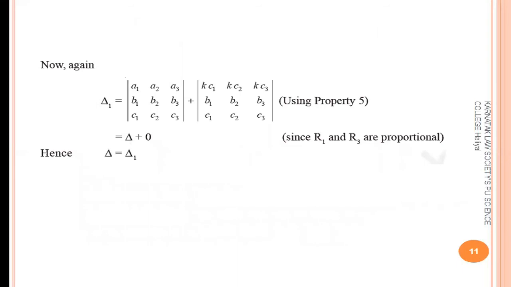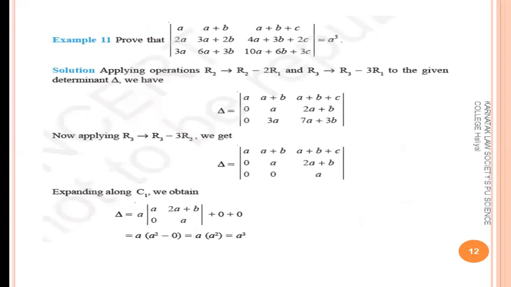This is the proof. It is not so important. Let's just see an example based on this problem. Don't rush to expand the two determinants, because here not only 2 terms but 3 terms are given. That's why we need to operate with the help of operations. We need to prove the RHS part here: A plus B, A plus BC. We need to prove that the determinant is equal to A cube.